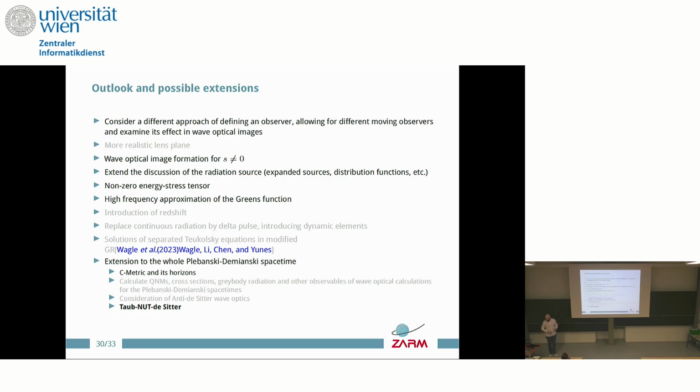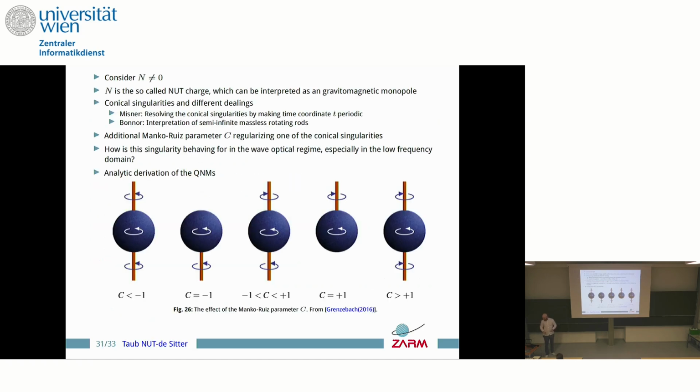So what can you do from here? I mean, there's plenty of things to do. The grayish things are not so important at the moment, but we have something like what is happening at different spin fields, a different approach to the observer because it's very idealistic, but also extending to other spacetimes. And the most interesting thing which I want to conclude on is the Taub-NUT de Sitter spacetime, which we are working on. The Taub-NUT de Sitter spacetime has a so-called NUT parameter, and this NUT parameter can also be called